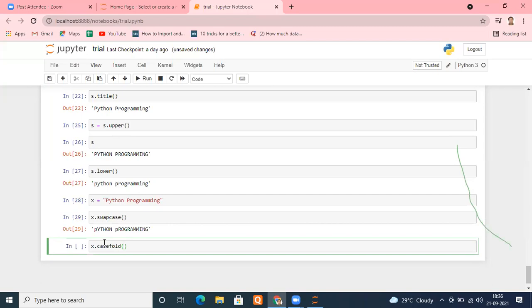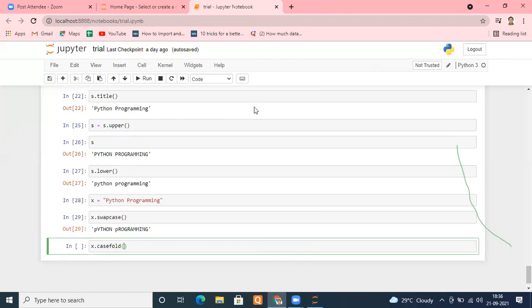Suppose you want to do some comparison, and you want it in a manner which should not be dependent on your case. Whether you are typing capital letters or small letters, it should not affect it. For example, let me open my Google.